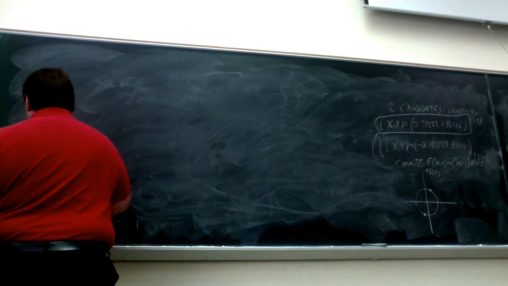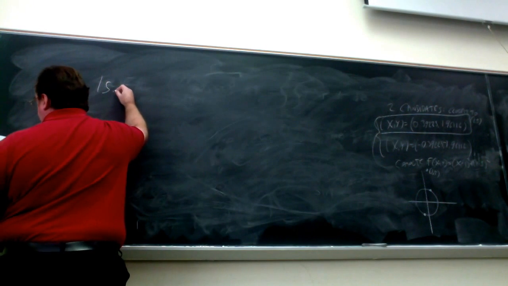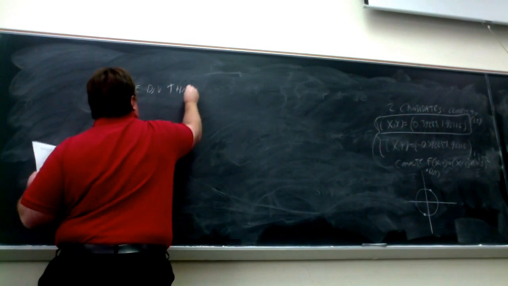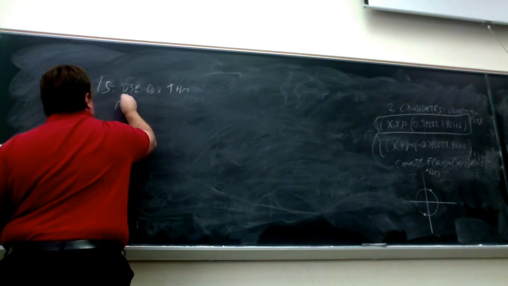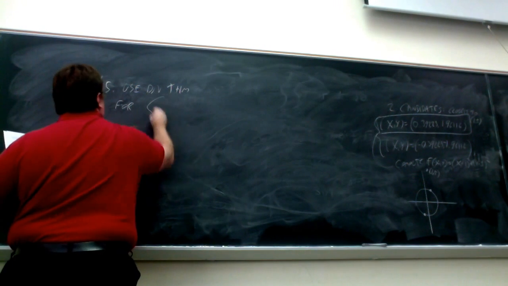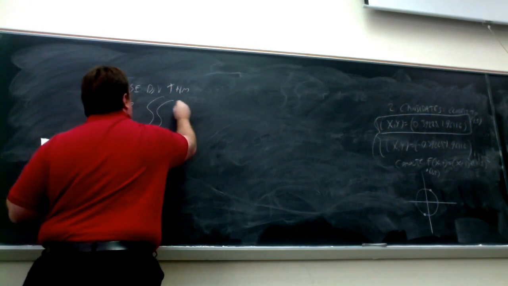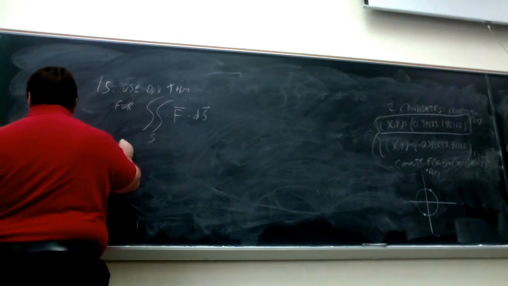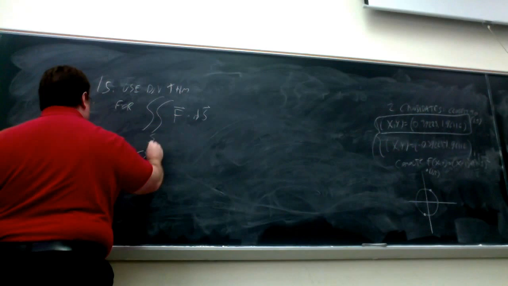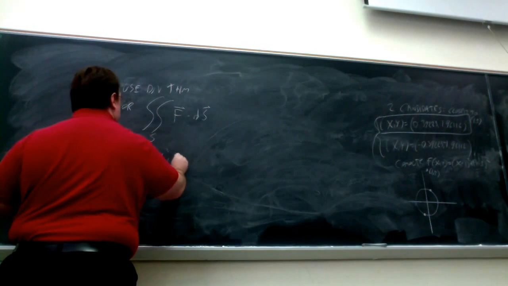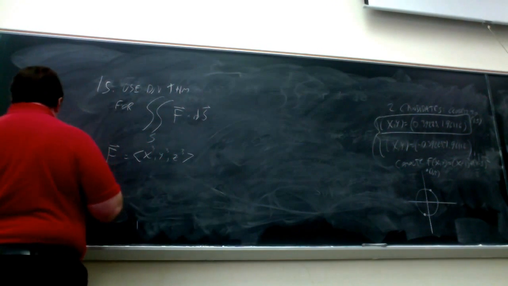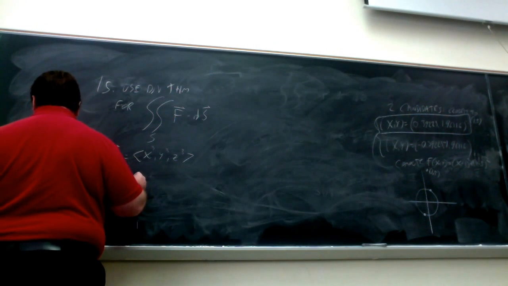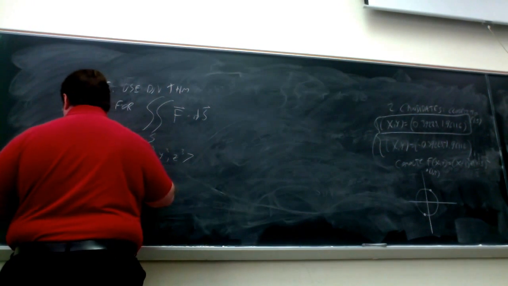It says use the divergence theorem on this integral, surface integral of a given vector field over a given surface. The vector field is x cubed, y cubed, z cubed, and the surface S is bounded by,